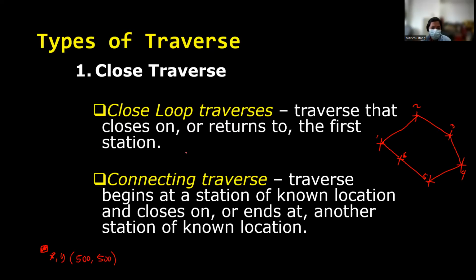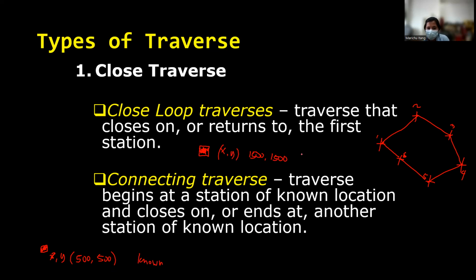And then you have another point here. And then you have x and y. Let's say the coordinates of this point here is equal to 1,500, and then another is 1,500. So if we are going to run a traverse, since this is known here, this is our first station,